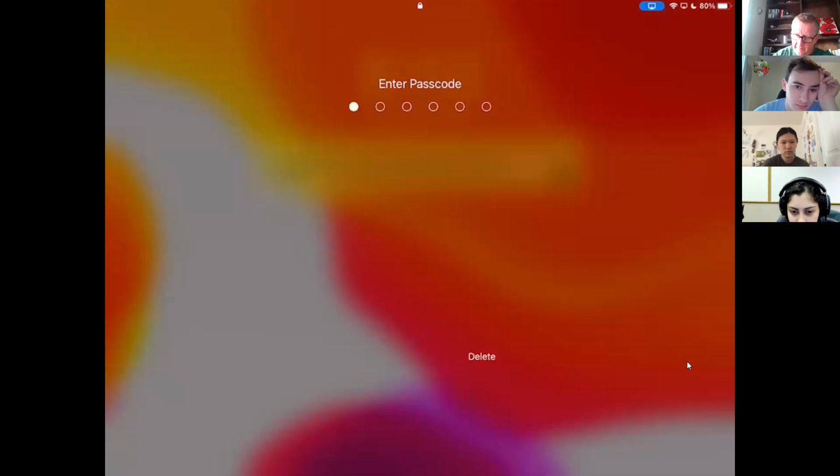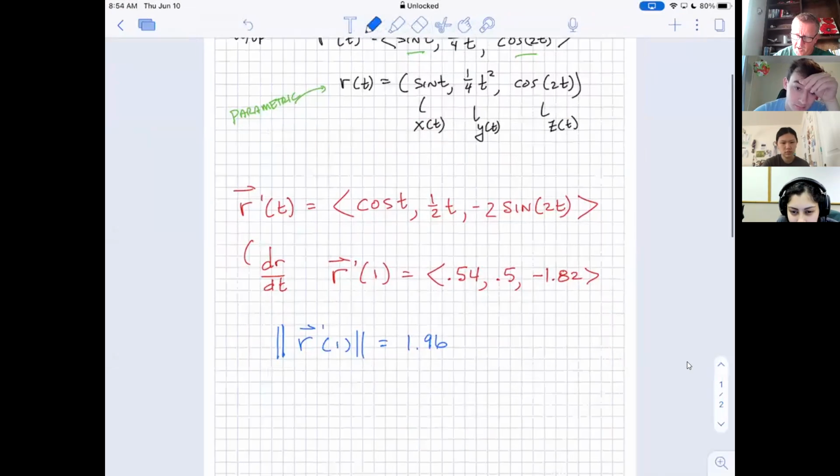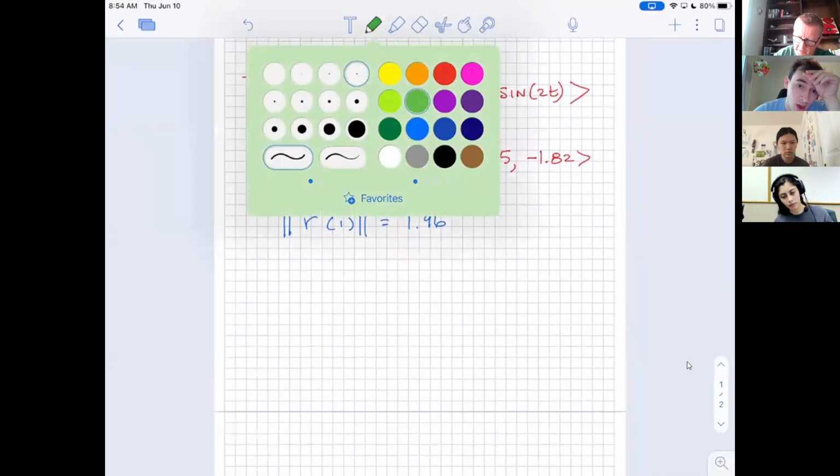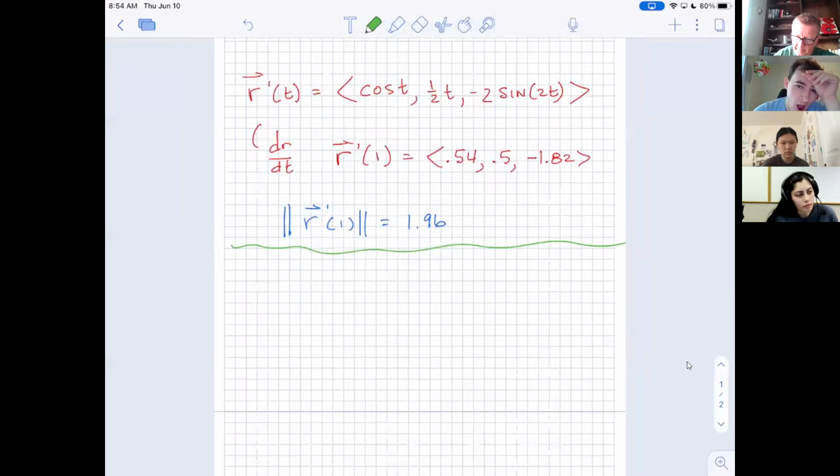So just for the sake of a quick practice problem, something that looks like maybe something you'd see in your assignment, if I